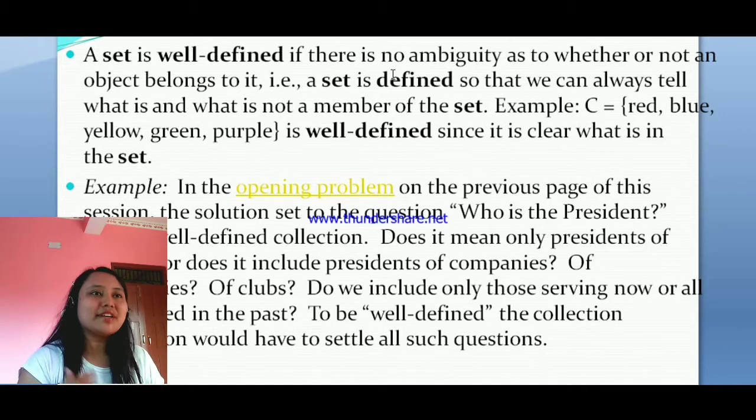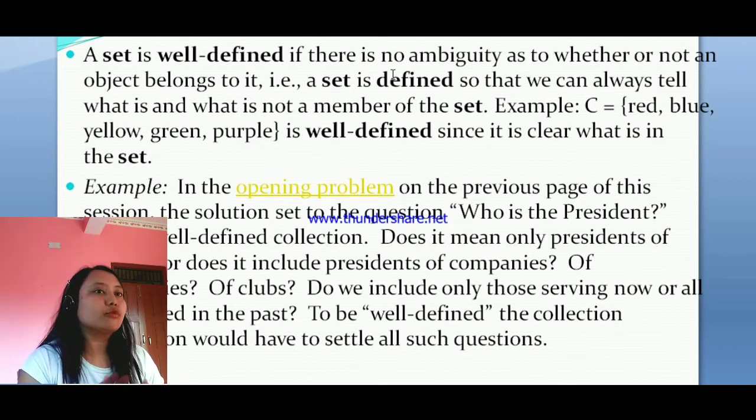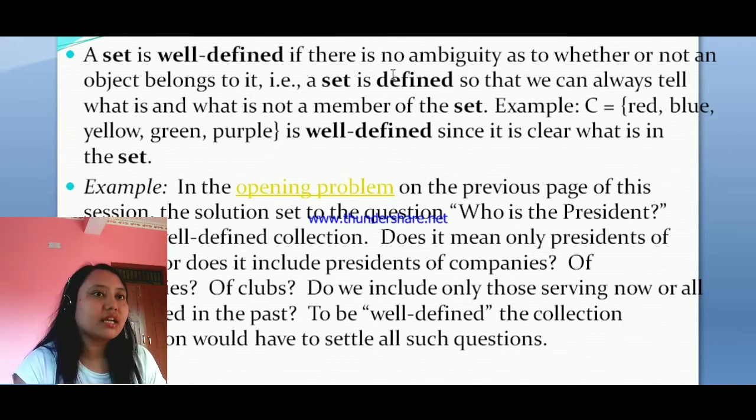Shall I say I'm bigger than you, or I'm bigger than a computer, or I'm bigger than a mobile? What sort of things can we compare? We can't compare anything if the question is not well defined. So if the question is not well defined, then such questions are said to have ambiguity. Such questions are said to have doubt. That's not a clear question.